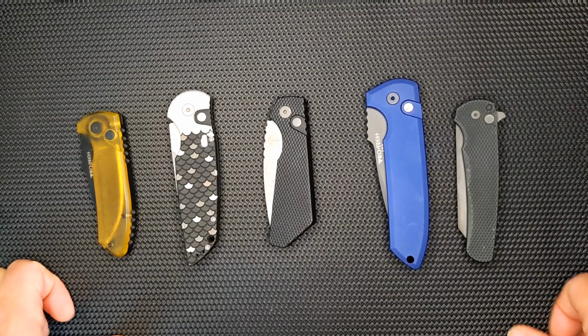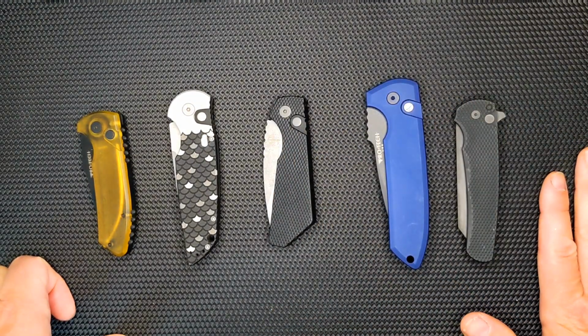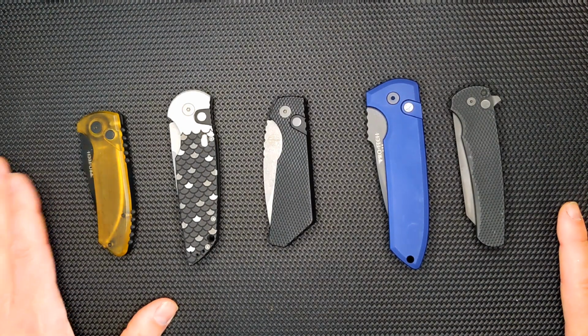I don't know how many. I think they only make flippers. I think everything they do comes out the side. There's a couple of notable exceptions that I do not have on the table. I don't have a Mordix, and there are a couple of other knives of theirs that